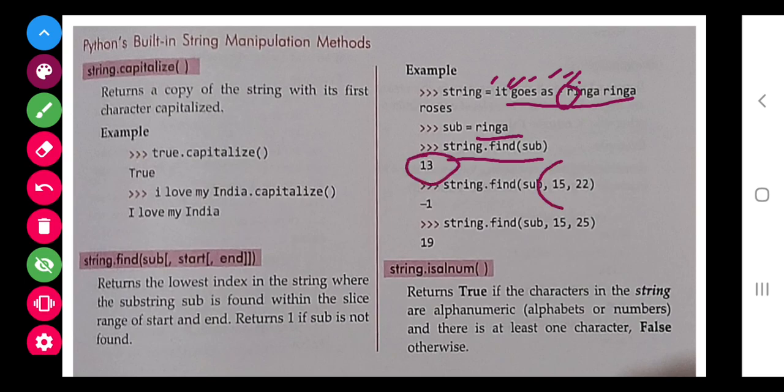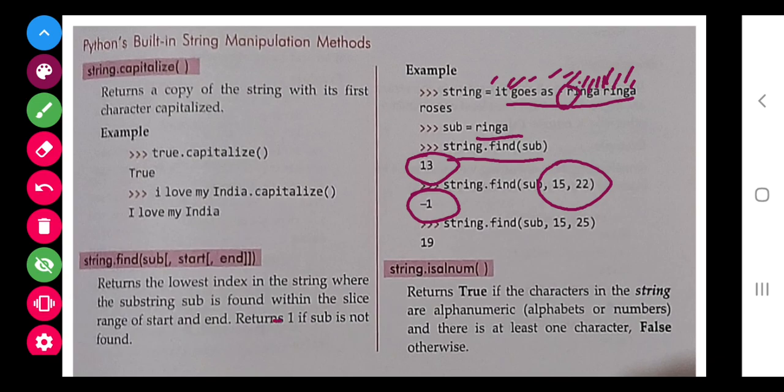Now if we calculate from 15 to 22, 15 starts from n, 15, 16, 17, a, then gap, 18, 19, 20, 21, 22, till g it is coming. So the substring is not under this range, so it is returning -1.